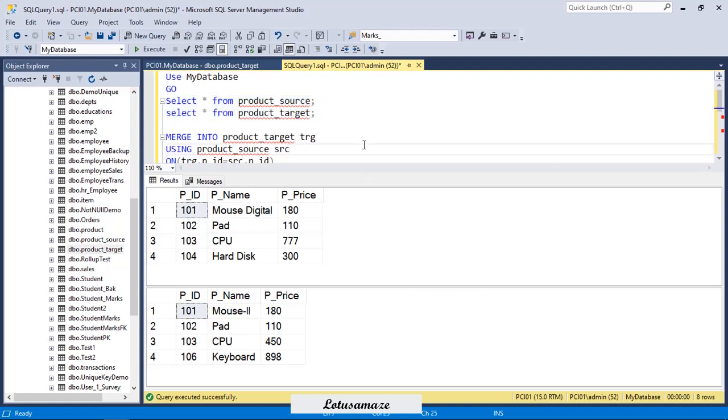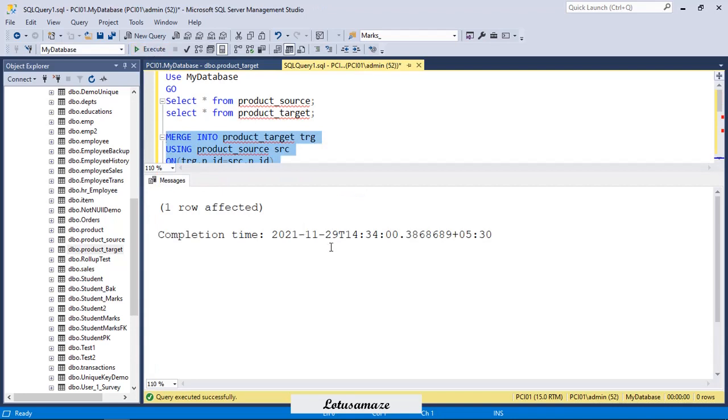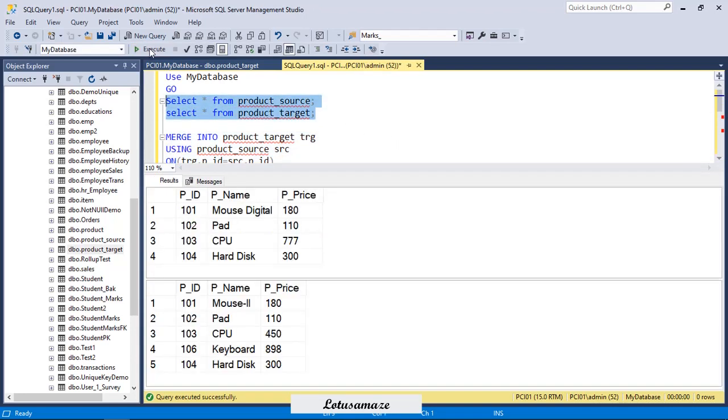Okay. Then semicolon. Now, I execute this whole statement. So one row affected. We check the data in both tables. So we can see 104, that was not in the target table, now it is in the target table. 104 hard disk and the price is 300.